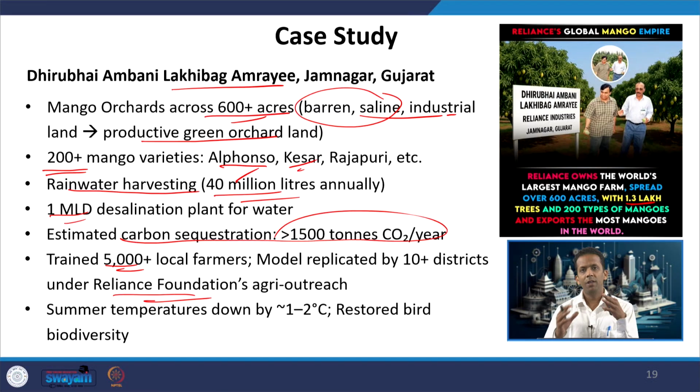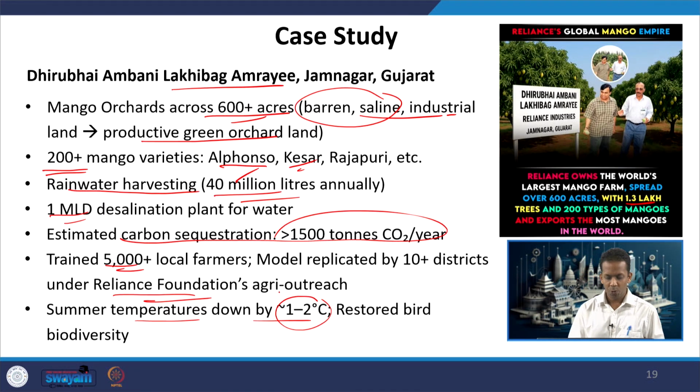And this orchard, I think, was started in 1997, but over a period of time, some visual observations were there, like the temperatures in summer in Jamnagar. Gujarat is one of the hot states. The summer temperatures in that region dropped by 1 to 2 degrees Celsius, and because of increased green cover and canopy, the migratory birds came back. New species have been observed lately,